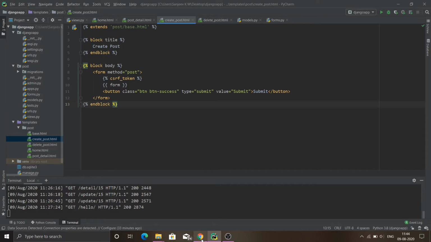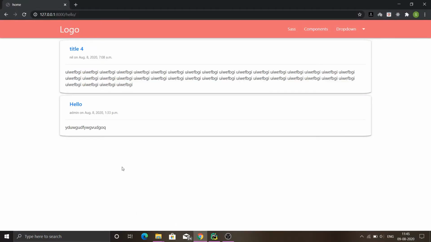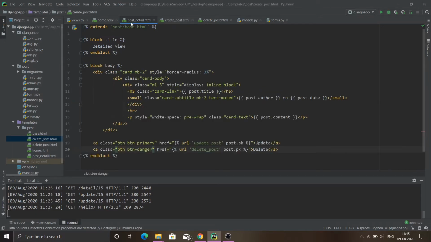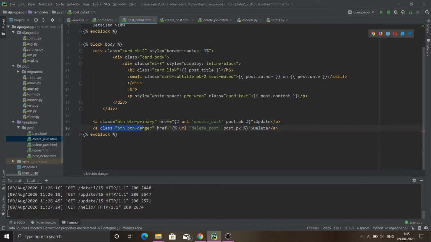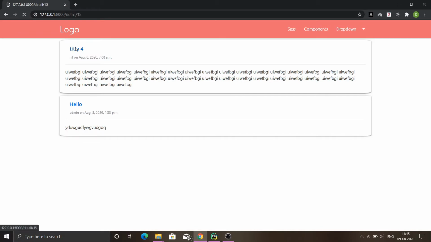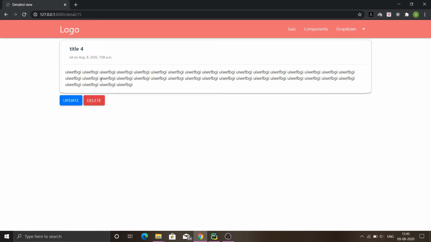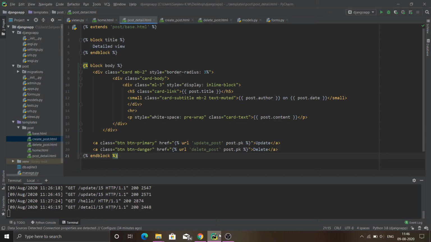Before moving into it, I made a small change in the templates to make them look a bit prettier. I added some Bootstrap classes and some CSS styling, and made this link a button. On moving to the details page, you can see the anchor tag as a button. I made these small changes with the help of Bootstrap CSS and Materialize. I didn't want to show you those things and waste your time in this Django tutorial, so I made all these changes in our template.